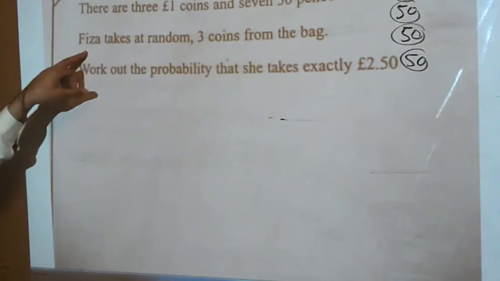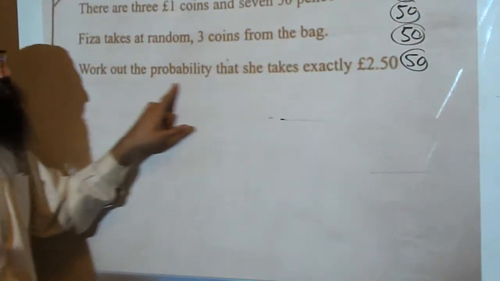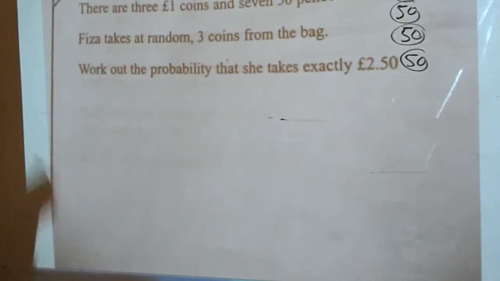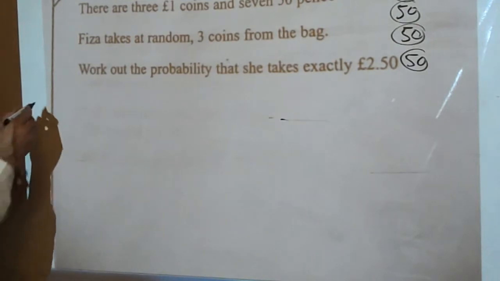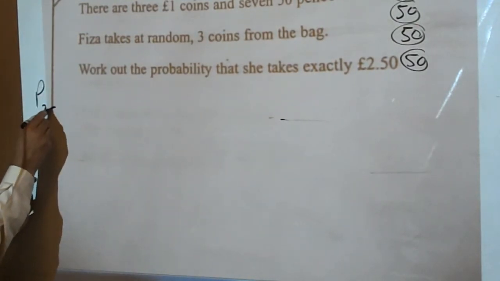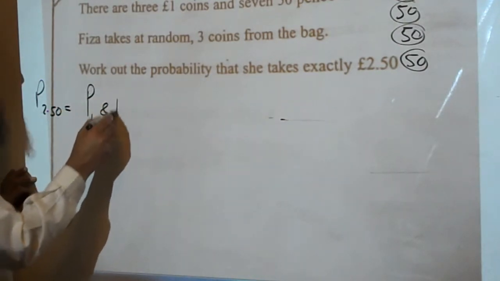Pfizer takes a random 3 coins from the bag. Look at the probability that she takes exactly £2.50. How do you make £2.50 first of all, with those 3 coins? £1 and 50p. Is there any other way of making that? That's it then. Okay, so let's have a look. The probability that she will make exactly £2.50 is equal to the probability of a £1